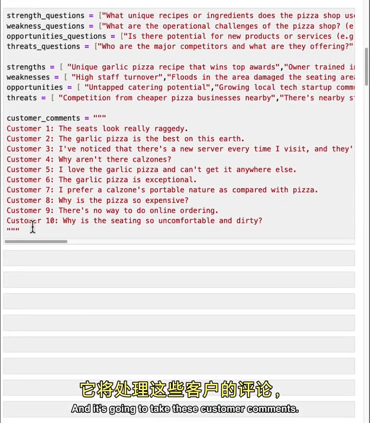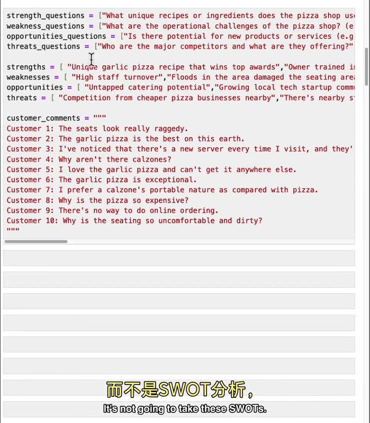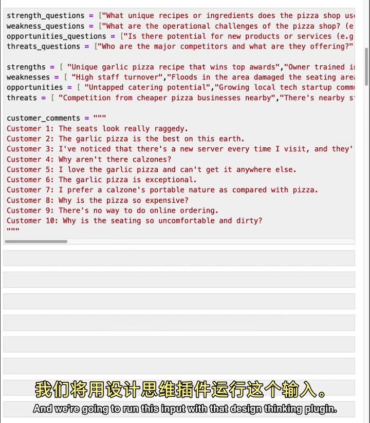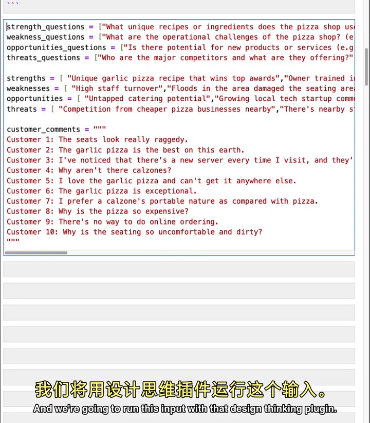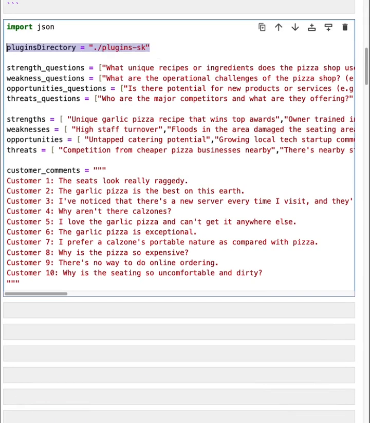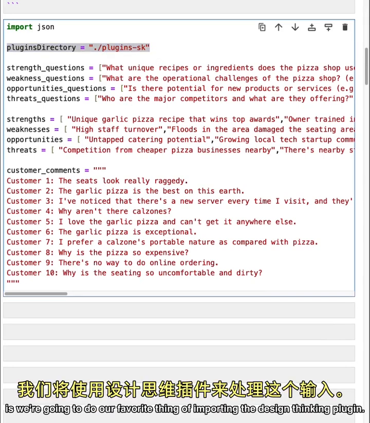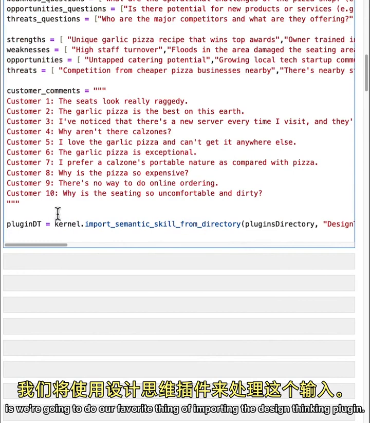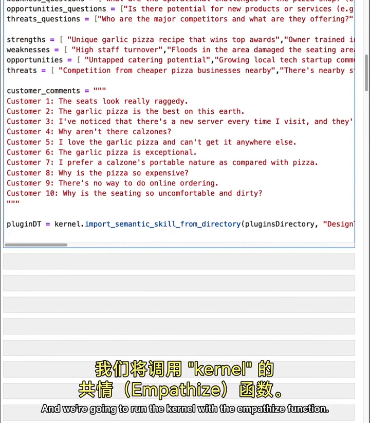And it's going to take these customer comments. It's not going to take these SWOTs. We're going to use them later. And we're going to run this input with that design thinking plugin. We're going to access the plugin directory. And then we're going to do our favorite thing of importing the design thinking plugin, and we're going to run the kernel